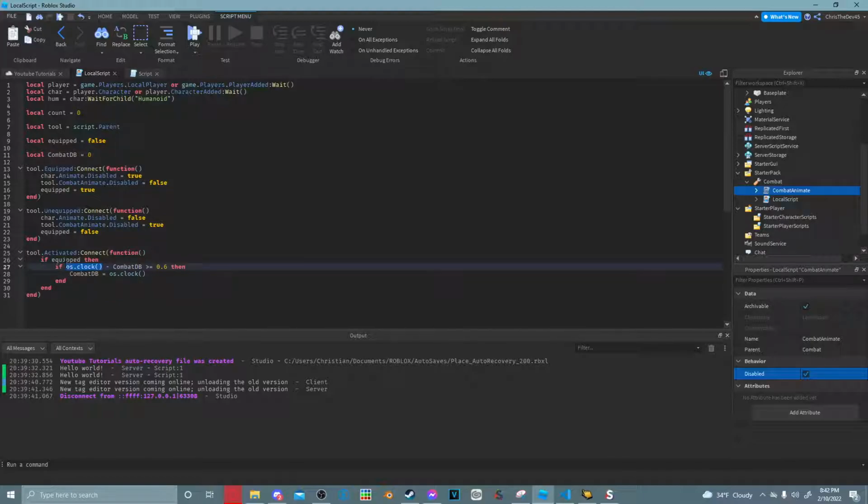then since os.clock is over than 0.6, what we do is we set combat db equal to os.clock. So basically what this does is it puts it into a clock timer, and then it resets itself every 0.6 seconds. So if it goes over 0.6 or equals 0.6, you're able to use it again. And this happens every single time you click. So now we do if